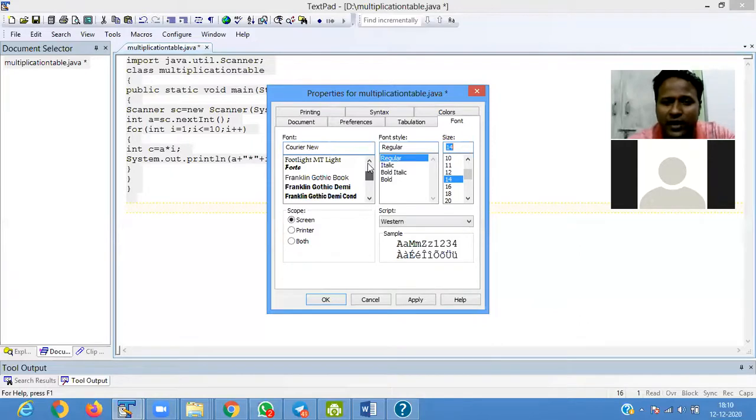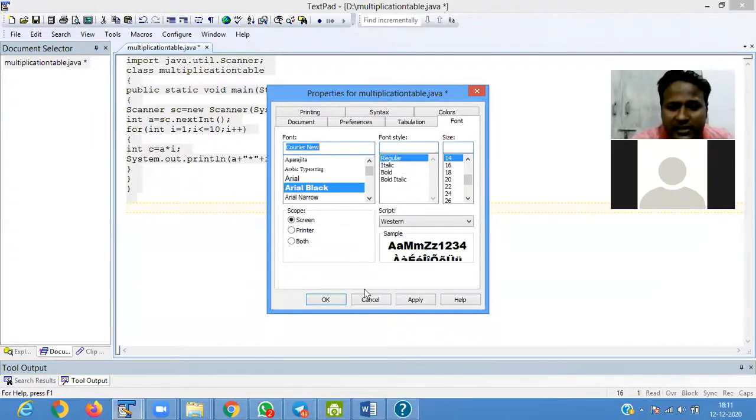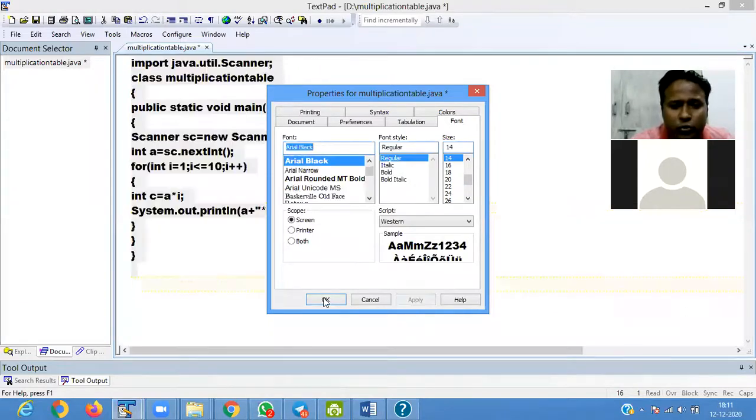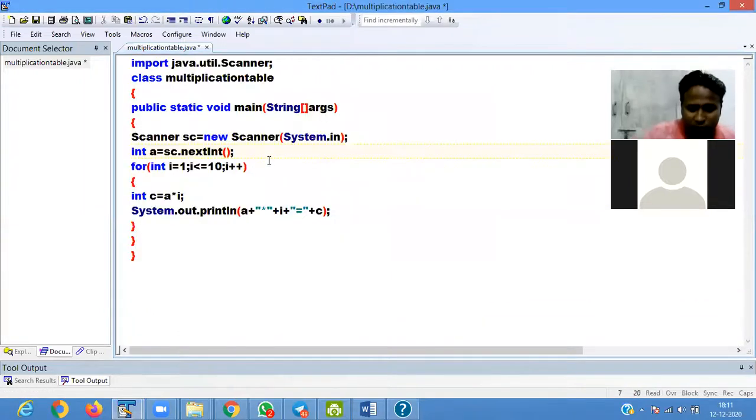In a similar way here, for storing the numeric value, we're using nextInt. If you want to store a string value, then we're using nextLine.